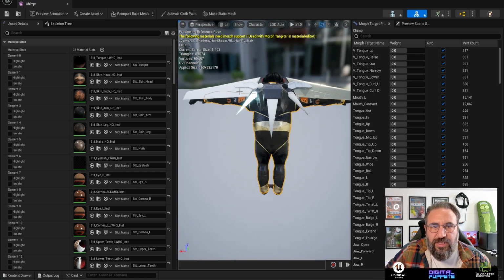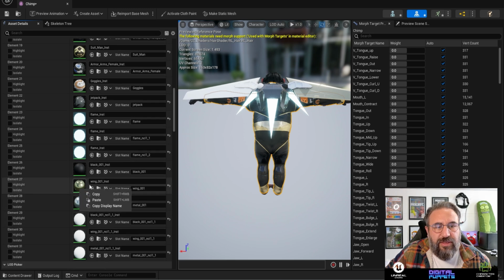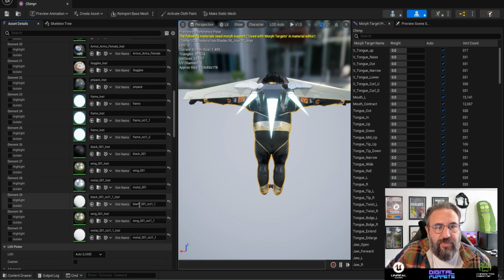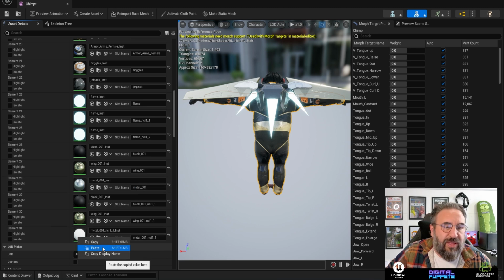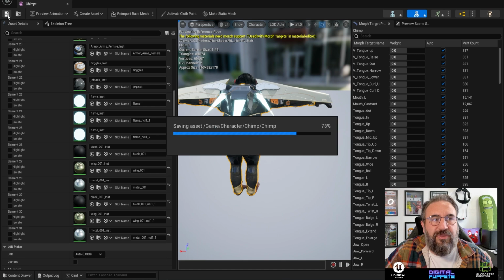This seems to be on one and not the other, so we can basically copy that one there, paste that one there, paste that one there. I think it's where it's got duplicated, it's got the same name. It just doesn't like that, so if I press save,